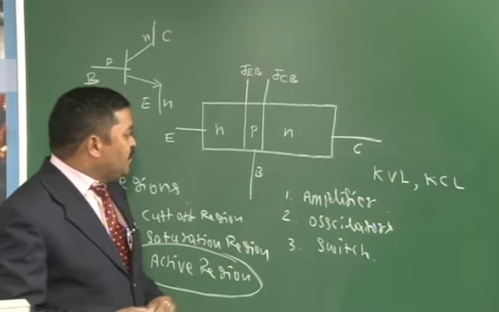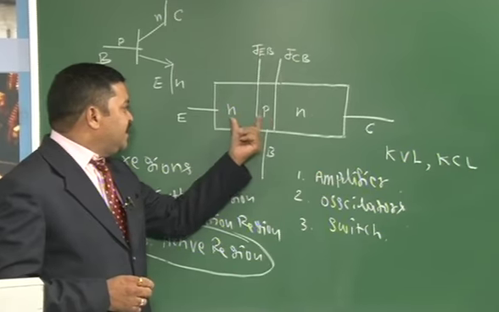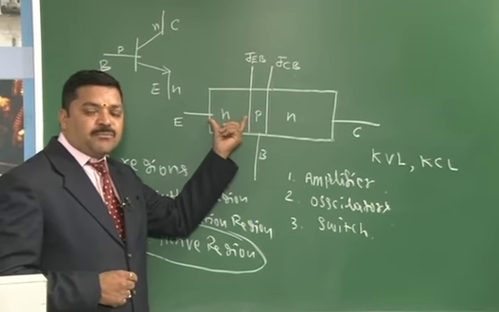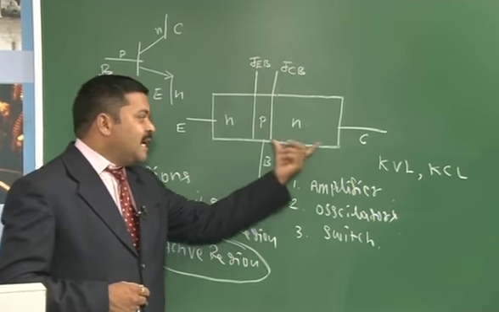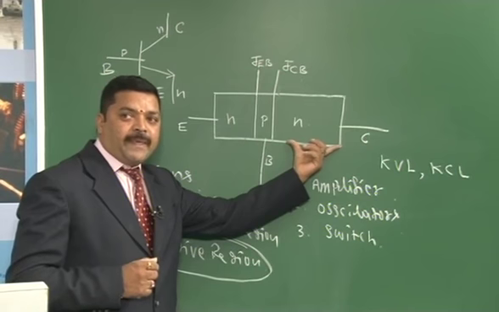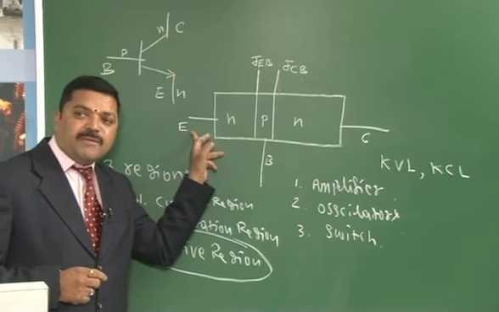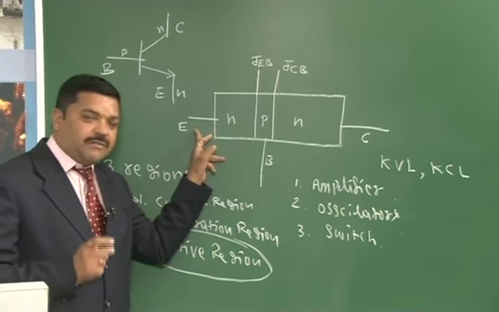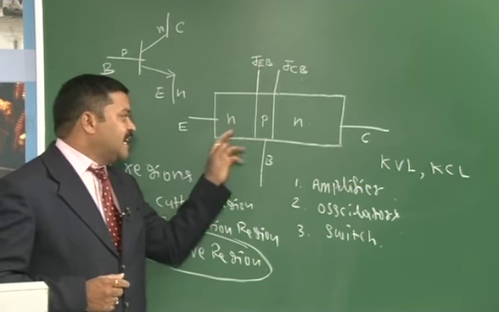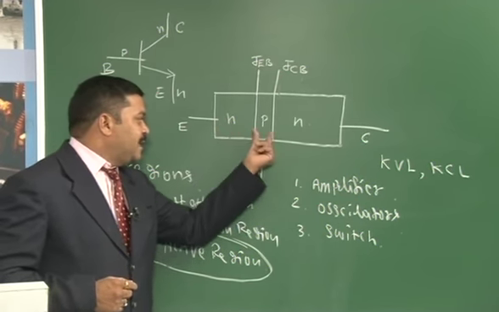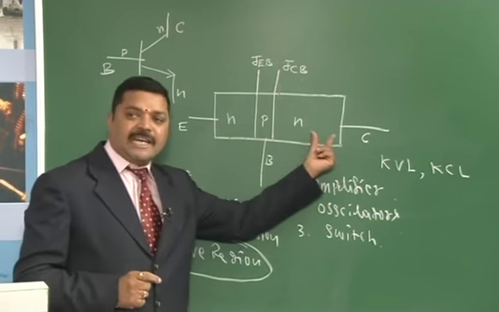One more important prerequisite here is the area of the regions. If you see, the area of the emitter is moderate, the BJT base region is a very thin region, and the collector area is more. Why is this? Because the function of the emitter is to act as a source of charge carriers. It gives these charge carriers, and the base controls the flow of charge carriers from emitter to collector.